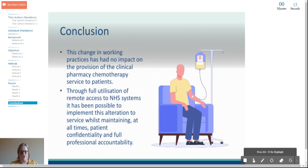Through full implementation of remote access, it has been possible for the pharmacist working from home to utilise all the clinical systems they would while working in the department. No excess paperwork is generated, patient confidentiality is maintained, and this does not breach any of